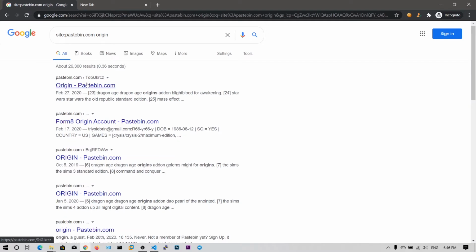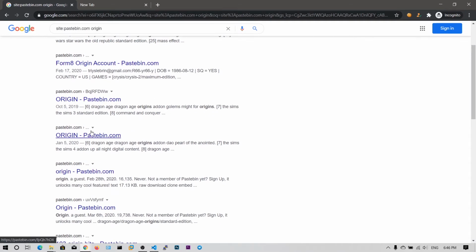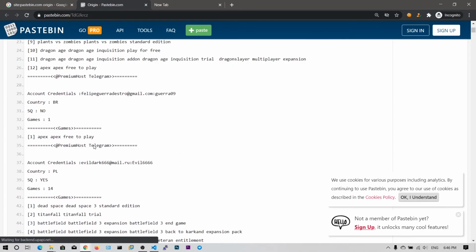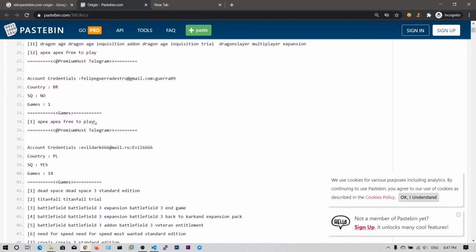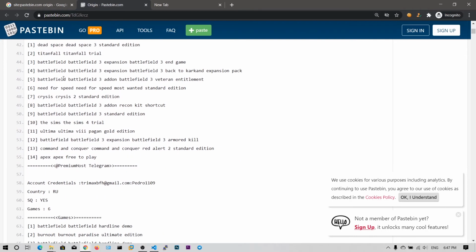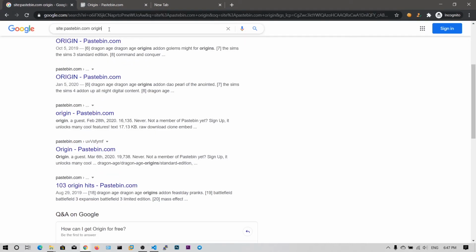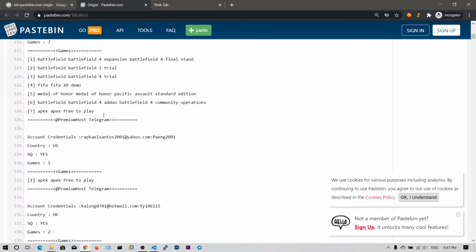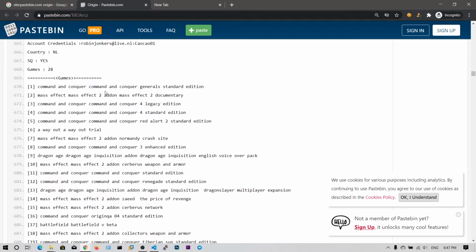This Origin is the EA game client. You can just install the games from Origin, and let me open this. As you can see, the account credentials are username and password, and the games that account contains are these: Dead Space, Battlefield, Titanfall, etc. So as you can see, with a simple Google search, we got the details of so many Origin accounts.